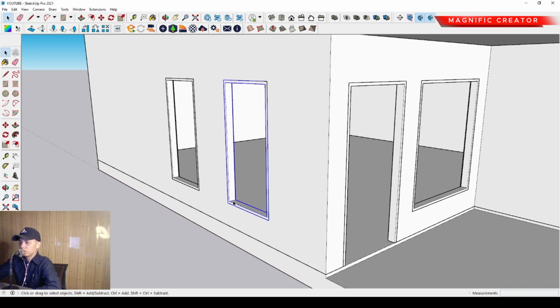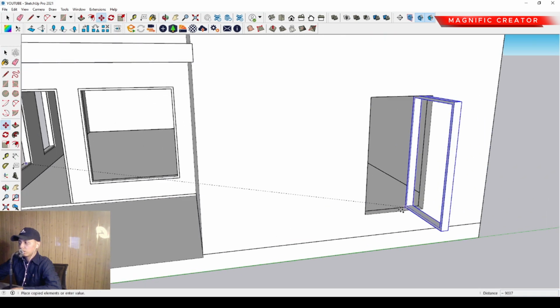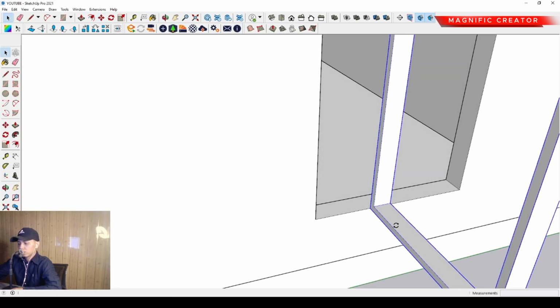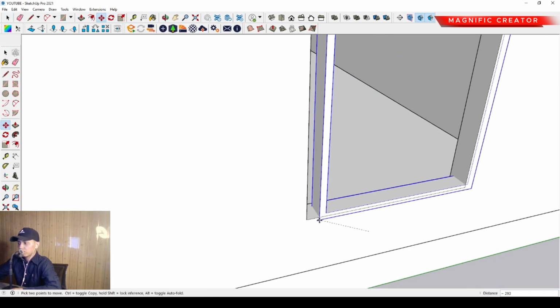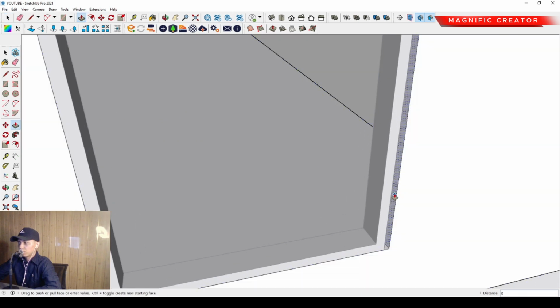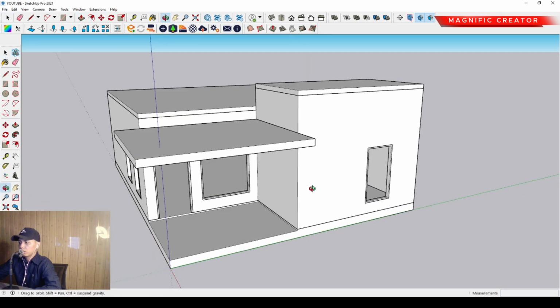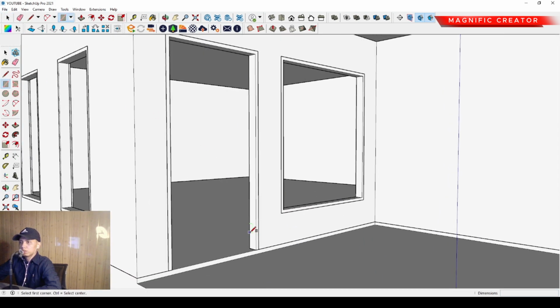So, and then we can use this frame, select move and press Ctrl to duplicate it, and then we can place it on this position. So, and then we can click and rotate it, and then we can select move and press Ctrl to duplicate to move. We can select move only, and we can adjust for every single opening. So, and then we can just make the door